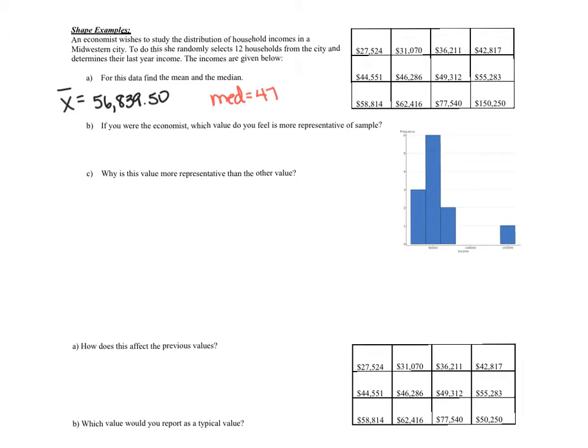In the previous example, we talked about how, because this distribution was skewed to the right, the economists want to talk more about the median than the mean because it was a typical value. Well, here's what we mean by that, and here's why we say that.